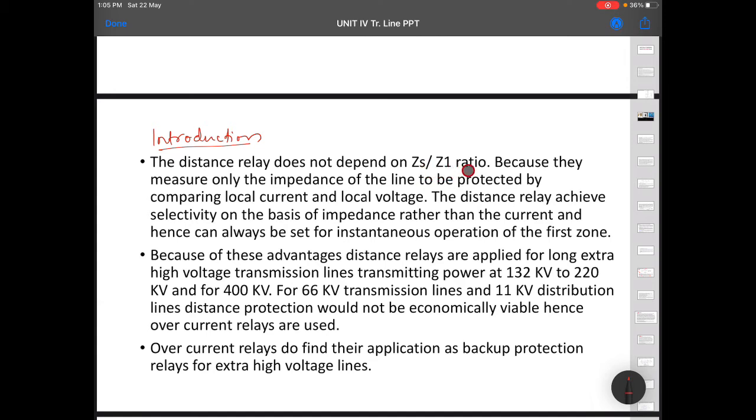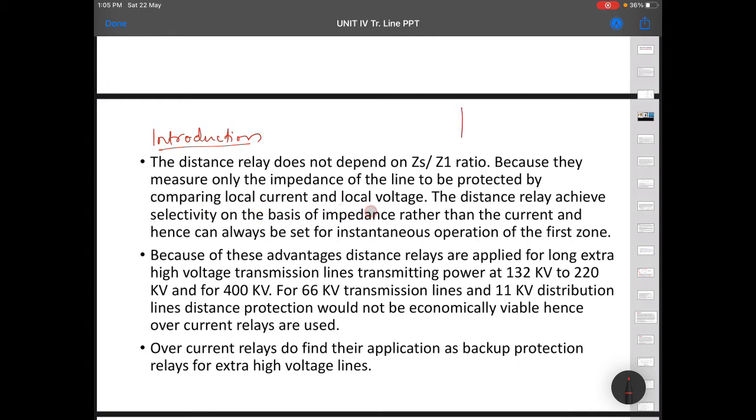We already saw that if the ZS by Z1 ratio is high, then we have a problem in implementing overcurrent relay. Because of that disadvantage of the overcurrent relay, we have overcome it in the distance relay, because the distance relay does not depend on the ZS by Z1 ratio, because they measure only the impedance of the line to be protected by comparing local voltage and local current.